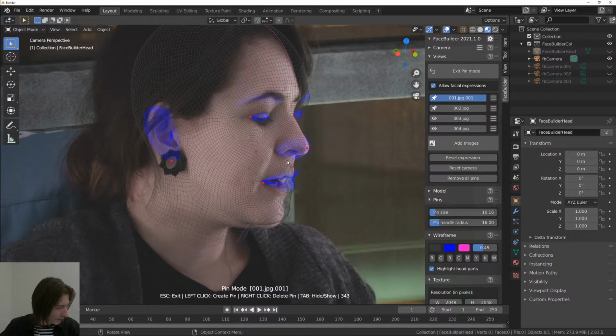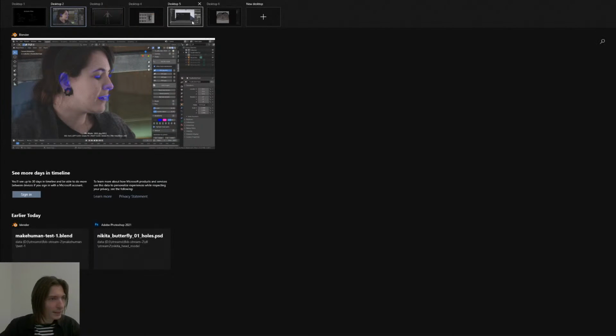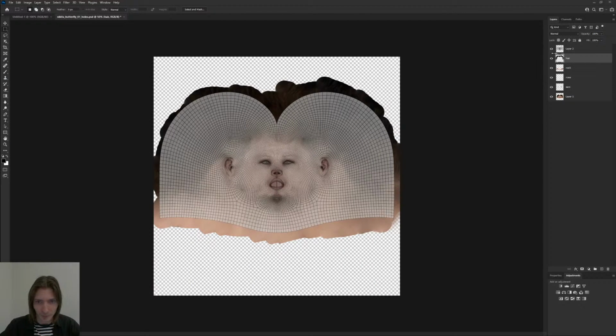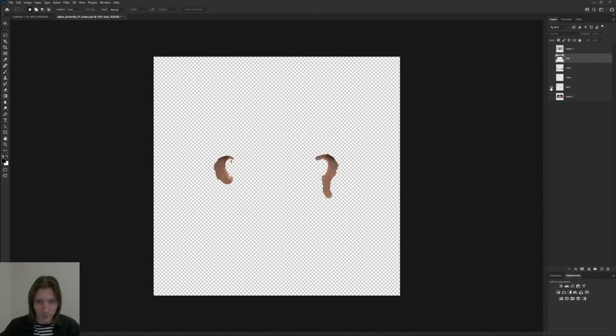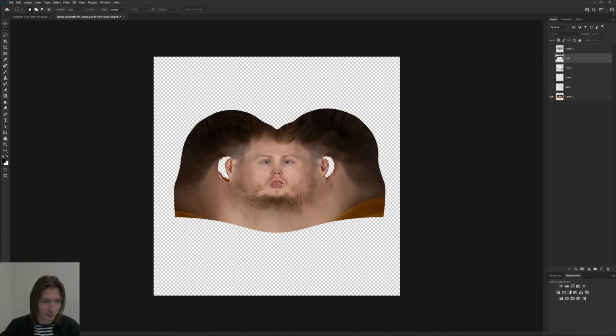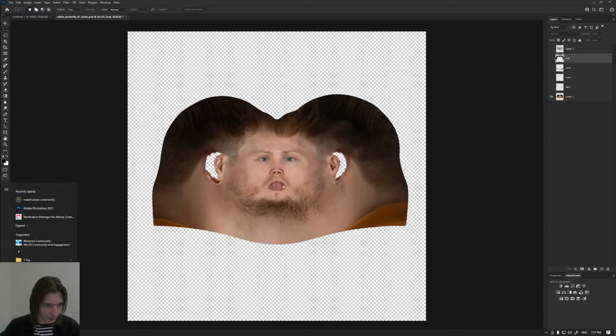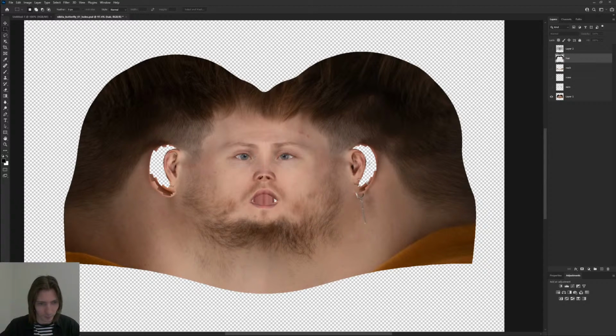And sometimes you want to fix the holes in the texture. When you create a texture, you perhaps will get something like this from FaceBuilder, because you cannot see what's happening behind the ears, and you can see some holes here and there. Then you can open it in Photoshop or GIMP or any photo editing software of your choice, and just fill the holes using